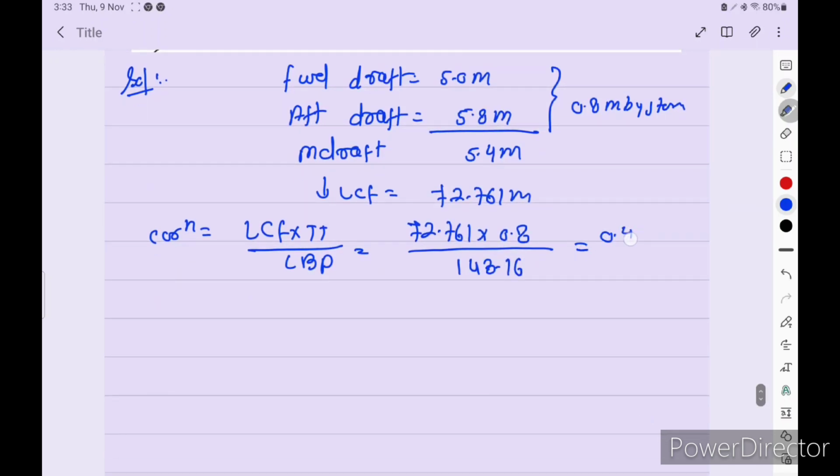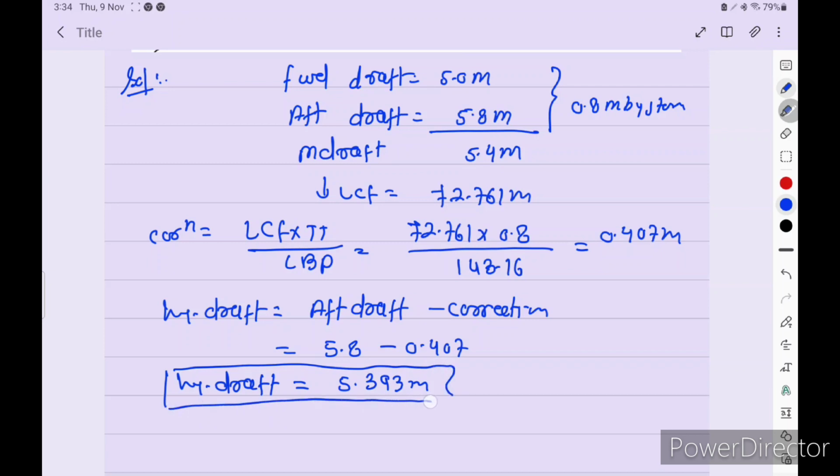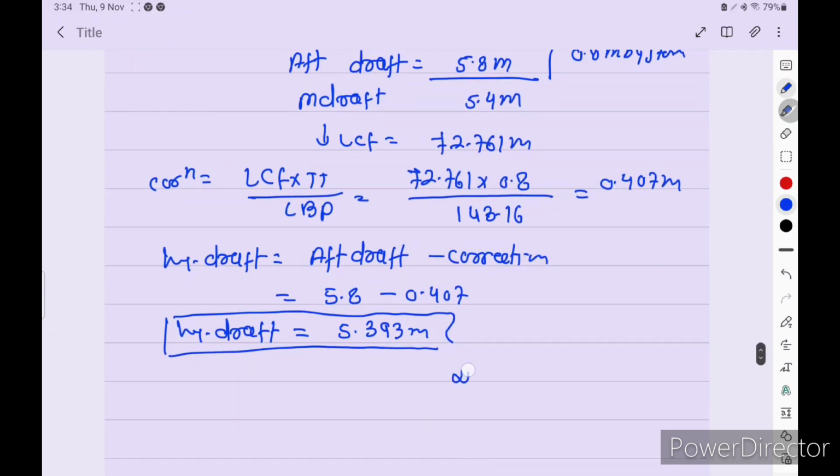LCF is 72.761 into 0.8 total trim divided by 143.16 from the MV Hinchey particulars. So we get 0.407 meters. So hydrostatic draft is equal to aft draft minus correction. Aft draft is 5.8 minus 0.407 meter, so 5.393 meter. This is the hydrostatic draft. For this draft, from the ship's particulars, we need to find out three things: